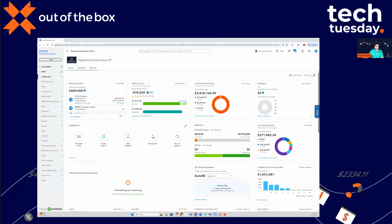Okay, so this is what Intuit Enterprise Suite looks like. You'll probably notice that it has a fairly similar look and feel to that of QuickBooks Online. We did that on purpose for a couple of reasons. One piece of feedback that we have received from customers is that 6 to 12 months to migrate your data, relearning a whole new financial software, teaching your whole set of employees a whole new set of financial software, where to go and do their day-to-day work, really slows down a business, especially an expanding, growing business. So what we did is we used the same user interface that's in QuickBooks Online,